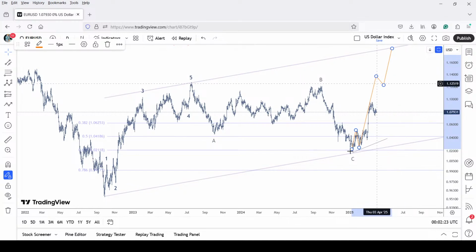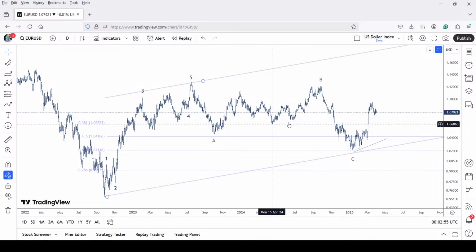So according to this path, that could be minor wave 1, 2, and minor wave 3 is still unfolding with 4 and 5 still remaining. All right, so if we look at the distance to be traveled, we are around midway right now.